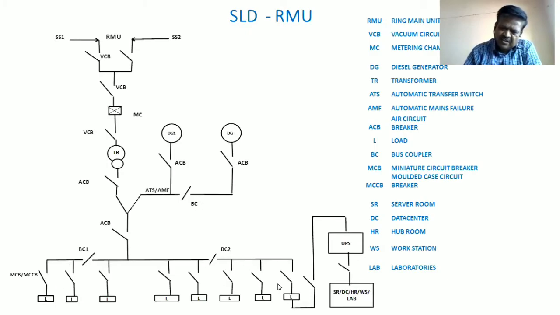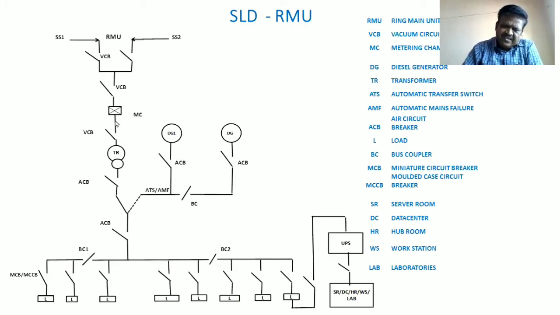You have to connect the load on this EB. Also, if the ATS and AMF panel is working automatically in auto mode, that will take care, that will sense and immediately change the entire load, connecting the entire load on this EB side. In case it fails, the operator should know how to operate it manually. This is how this system will work. This is how the changeover process takes place from EB power to DG and DG to EB.